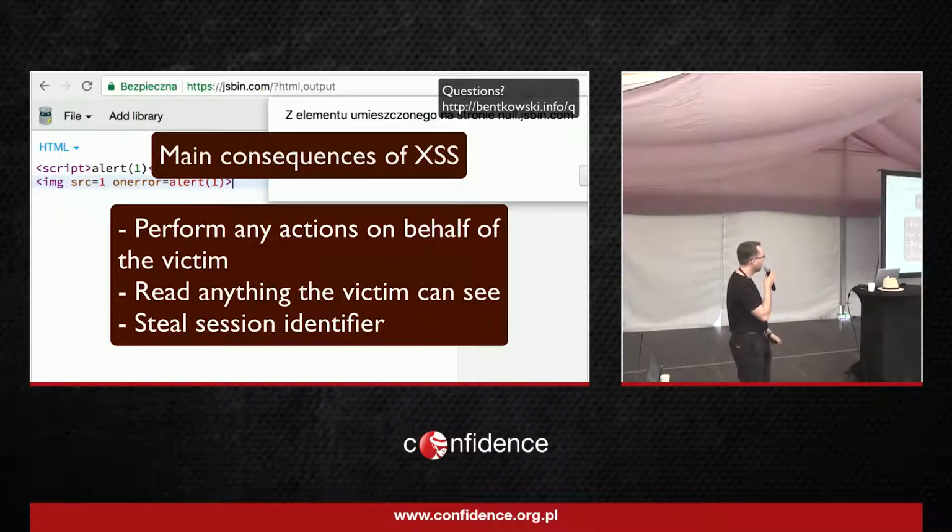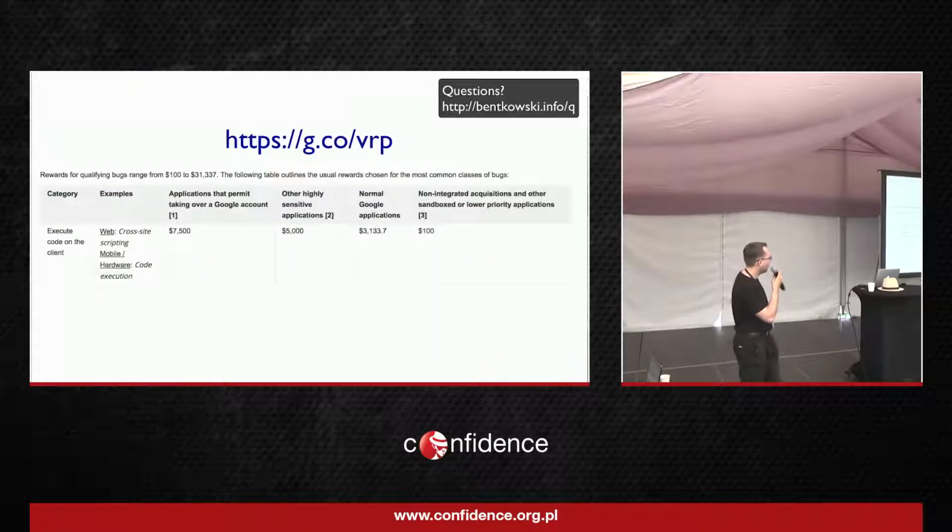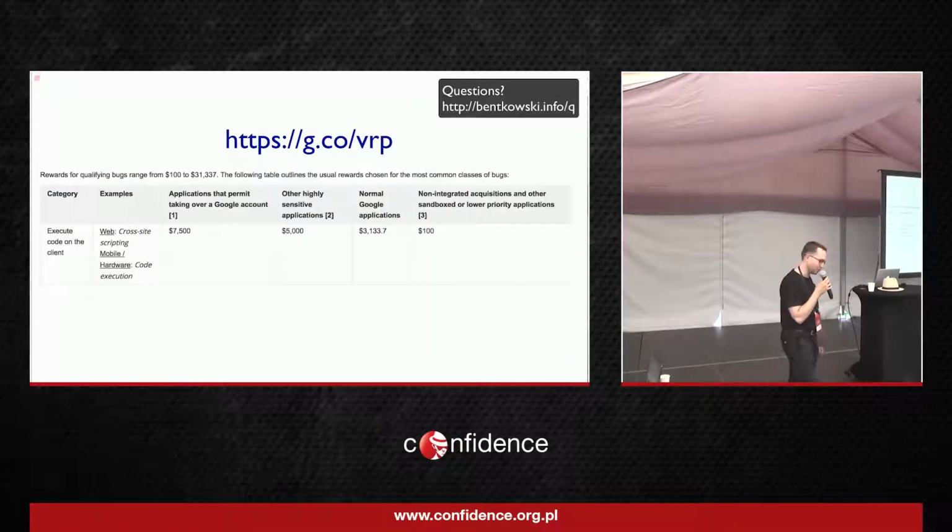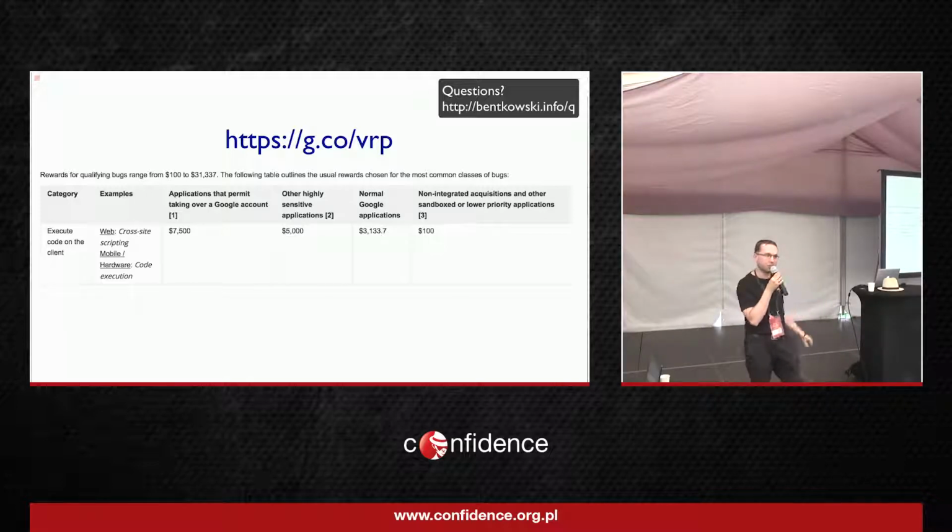Let's move on to one slide about bug bounty. If you don't know what bug bounty is, it can be described in a very simple way. It is just a program that, for example, Google has, where you can submit security issues, and you will get paid for those issues if they are valid issues, of course. For example, Google pays at least $3,000 for any single instance of XSS in any google.com domain or subdomain.